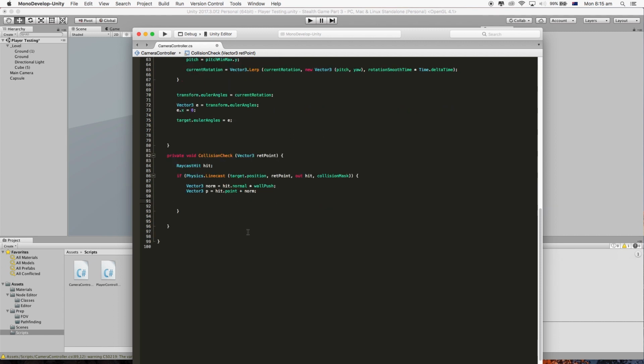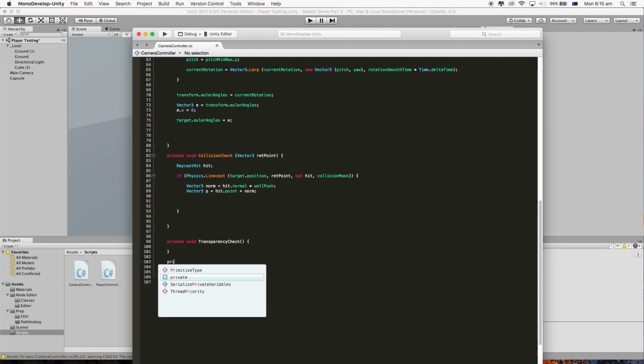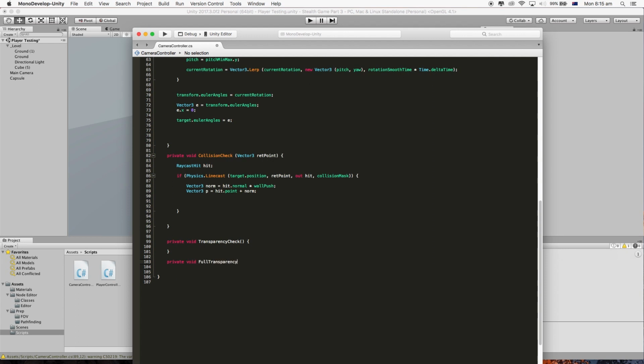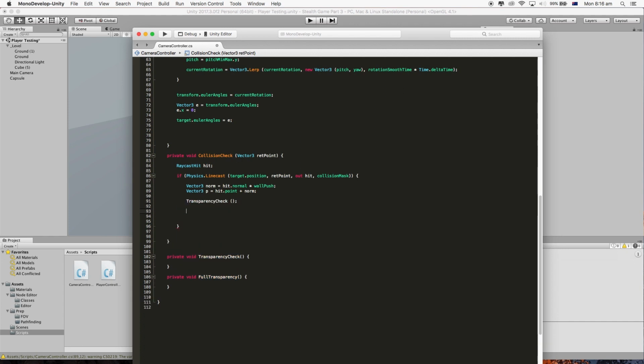Okay, but before that, I would like to add a little method called TransparencyCheck, a private void. Alright, so basically what we're going to do in TransparencyCheck is we're going to lerp down the transparency, but we'll do that after we check if our distance is too high or too low. So let's call TransparencyCheck here. Then we go if